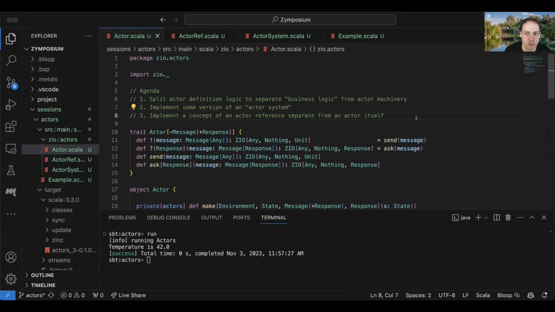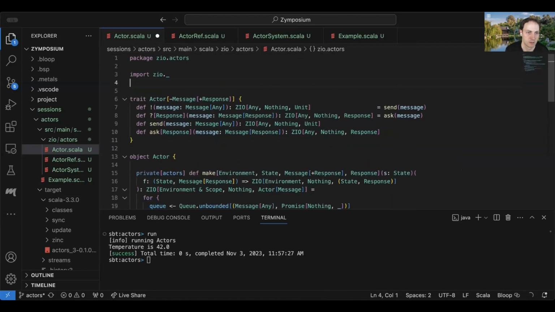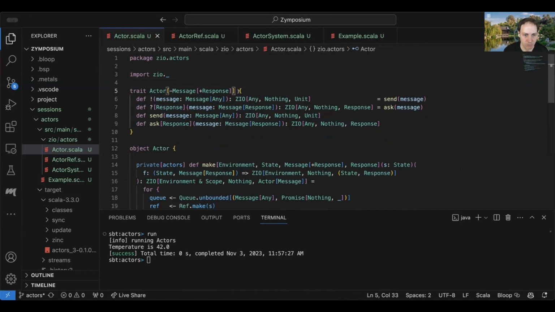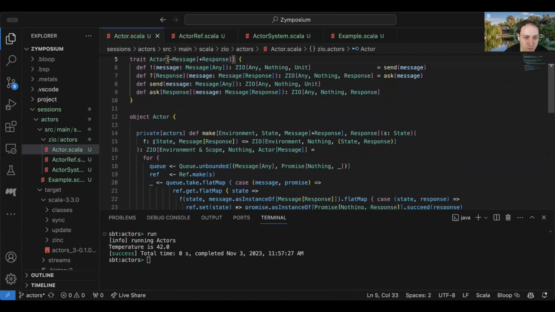I think there are some future directions we could think about. One thing we haven't really done yet is that our definition of an actor probably needs to be supplemented with some concept of context.